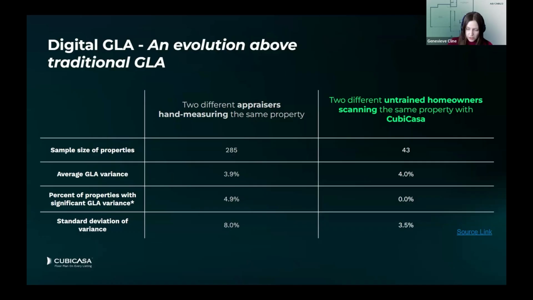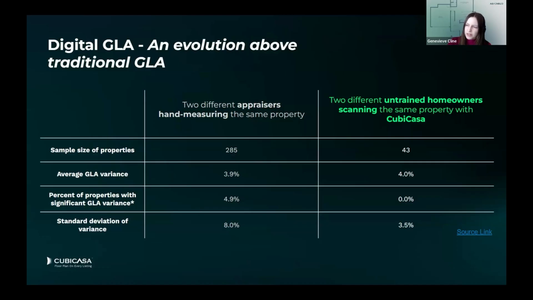So what we did in this particular study that we're showing on screen is take a look at two appraisers hand measuring the same property. We had a fair number of particular boundaries around that. So, for example, it was all within 6 months of each other. They had to be the same loan type, so we weren't comparing an FHA loan to a conventional. We removed any cases that were known to be materially deficient. So, one appraiser went out and something was wrong, so they sent out a second. We took everything like that out so that we were getting a high quality and consistent expectation around those two